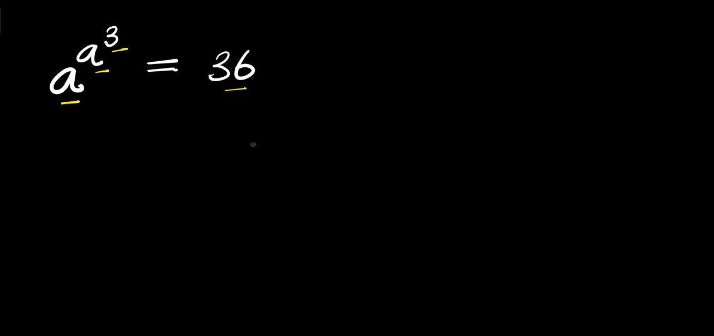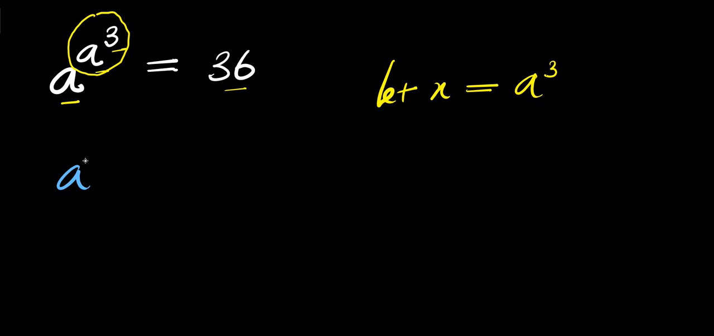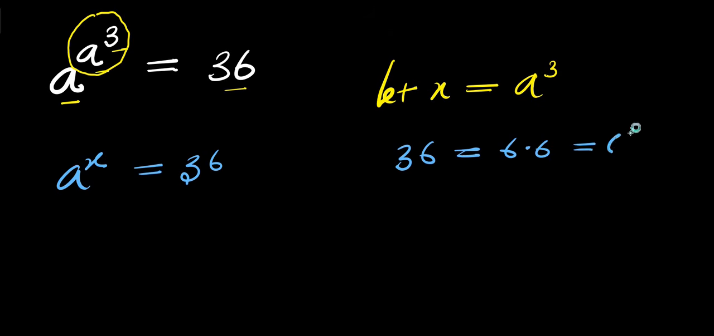In this first method, what we are going to do is to equate x to this a^3. We can say let x equals a^3. That means you simply have a^x equals 36. Then 36 is 6 times 6. That is 6 to the power of 2. We have a^x equals